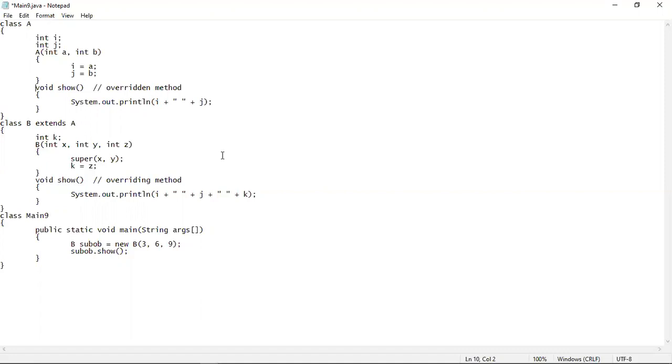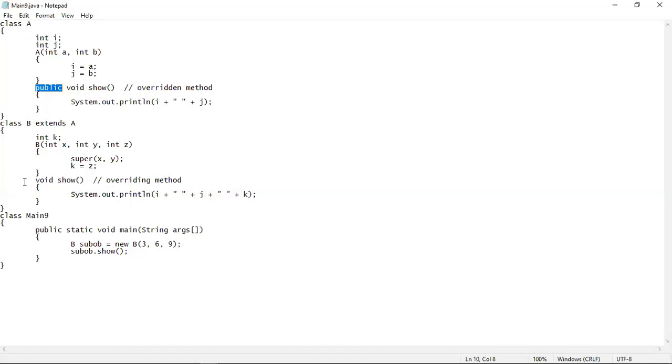Now, another thing that the third rule says is that the access specifier of the overridden method can be of higher priority. That means this one. So if we give public here, then it will be of higher priority. This access specifier will be of higher priority than this one. So that means this method, the overridden method, has become stronger than the overriding method. That means default actually wants to override public. So in this case, you will see that there is an error.